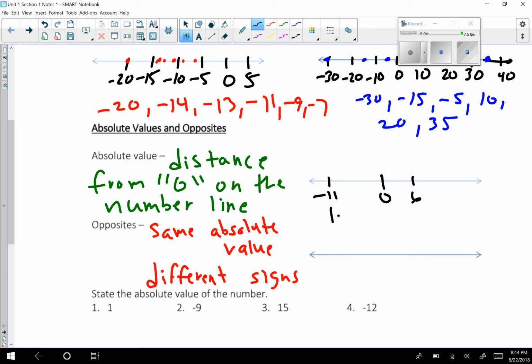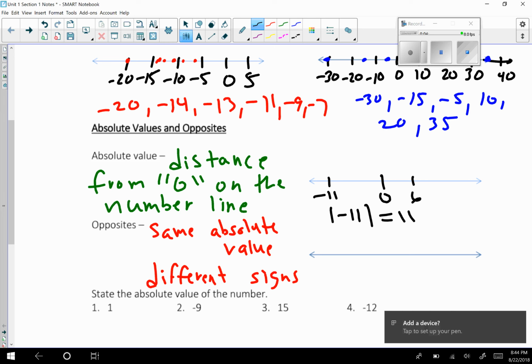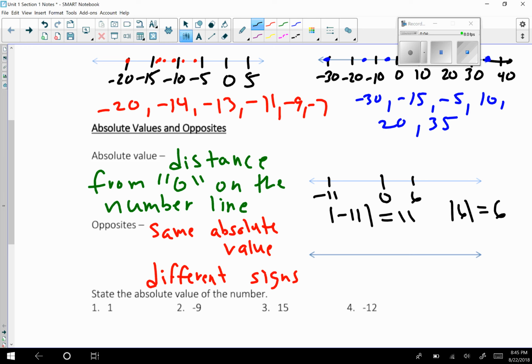The absolute value of -11, which is what these bars outside it mean, would be 11. It's the distance from 0. So the absolute value of -11 is 11, because we're just talking about the distance. The absolute value of 6, or the distance from 0, would be 6. So the absolute value of 6 is 6. If you noticed, whether an integer is positive or negative, when you take the absolute value of it, that